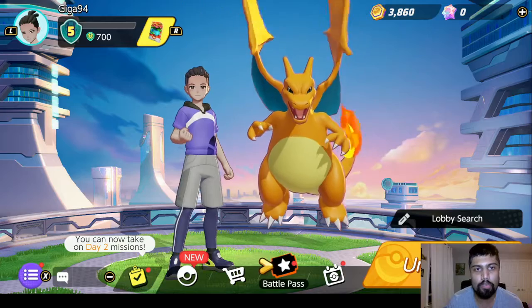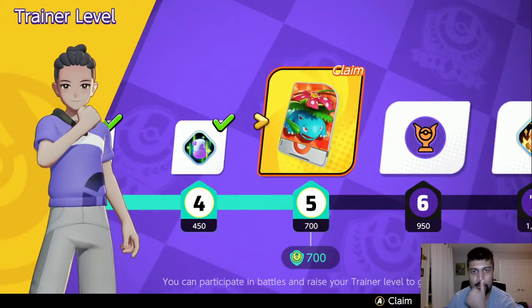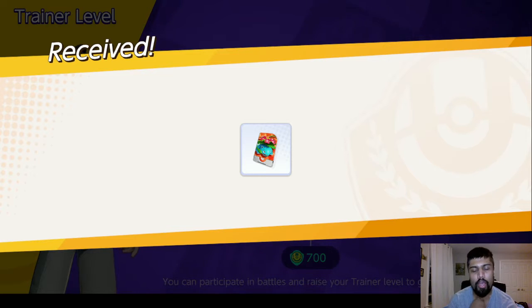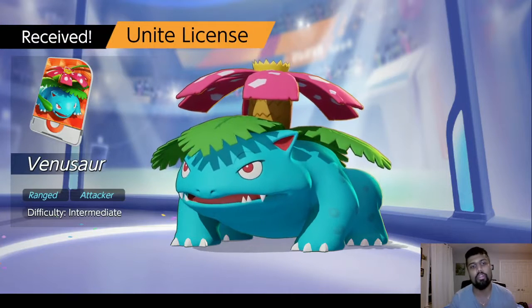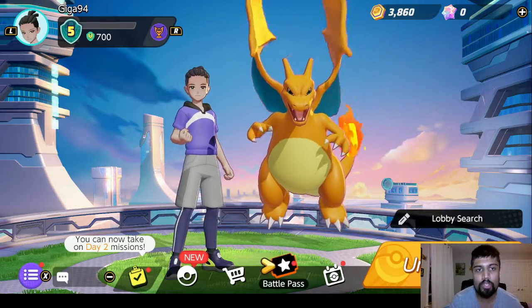So that's one thing that I want to learn, right? Is like what happens as you use money, and what does the currency mean? So now we do have Venusaur. I used Venusaur last time, so hopefully we can